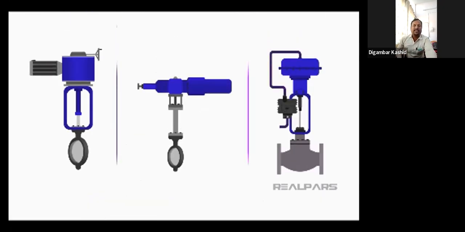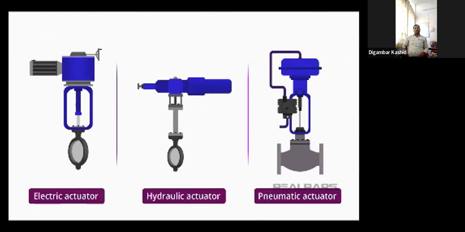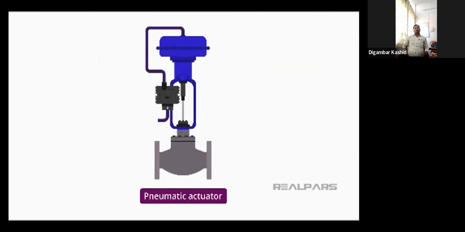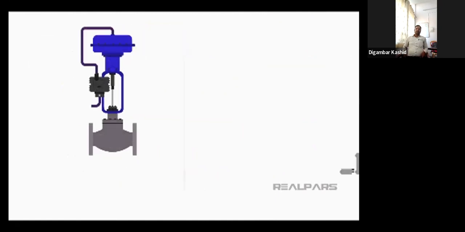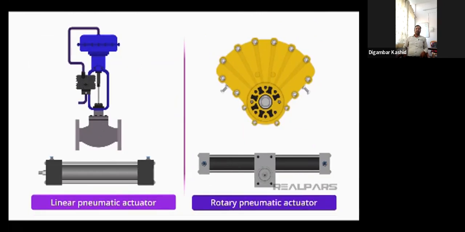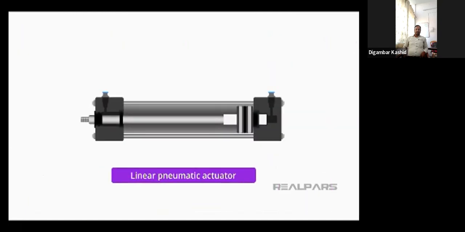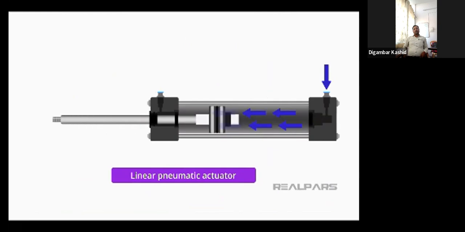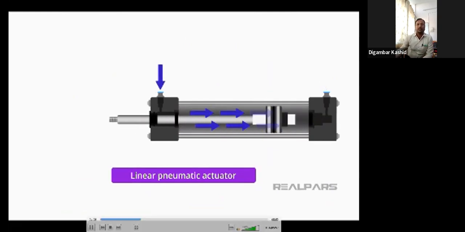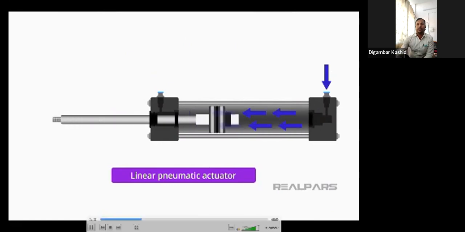There are three typical types of actuators used in industry as defined by their energy source. The typical actuators in the industry include electric, hydraulic, and pneumatic. Okay, let's move on to the focus of our video, the pneumatic actuator. A pneumatic actuator converts energy in the form of compressed air into movement. Pneumatic actuators are categorized by their type of motion. They are either linear or rotary. A linear pneumatic actuator can move something in a straight line. For example, a rod is moved in and out of a cylinder in a linear motion by